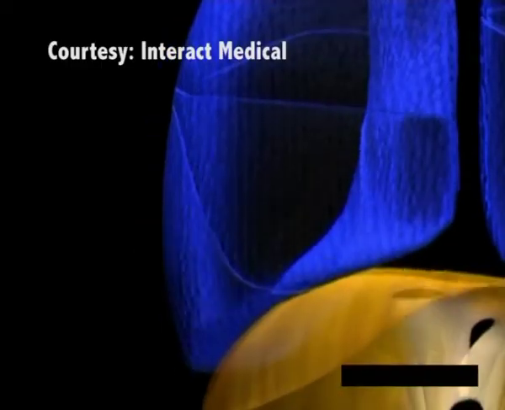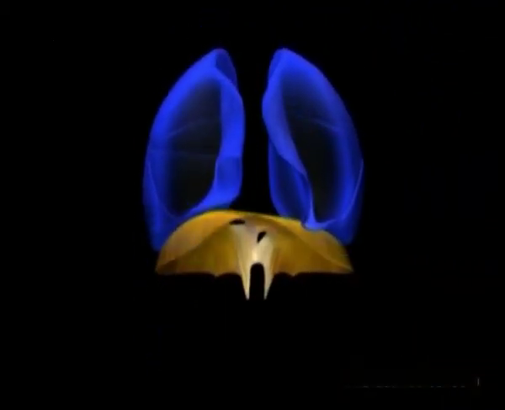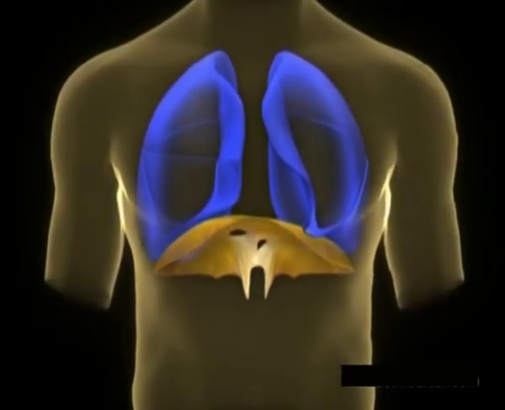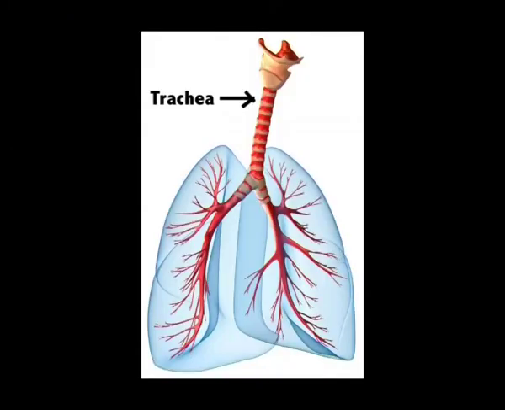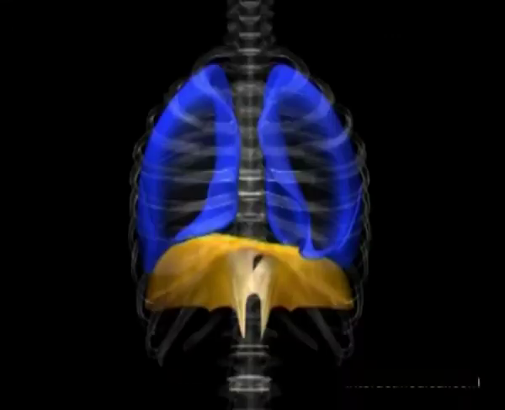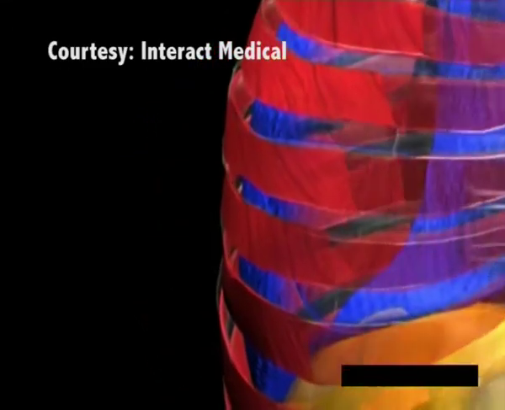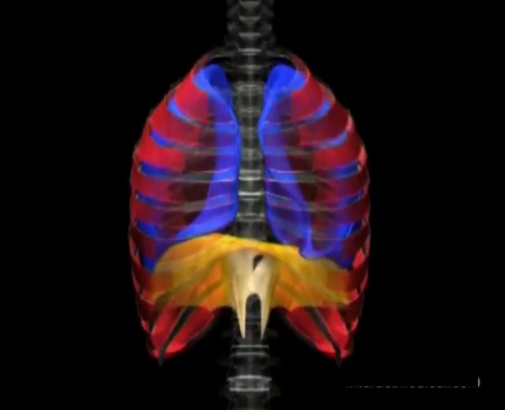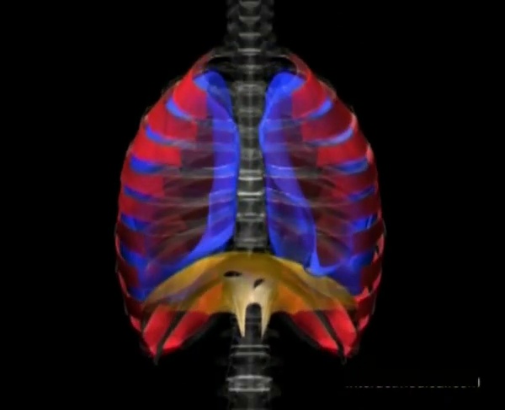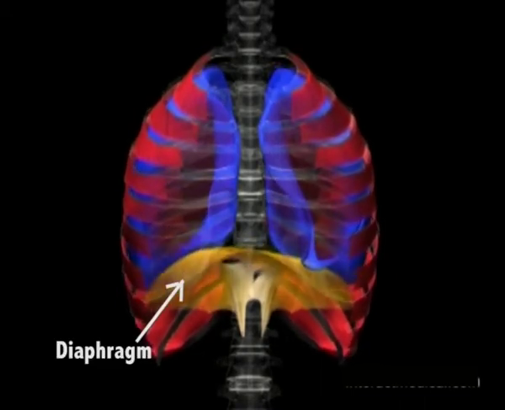Our lungs are large bags which continuously expand and contract to inhale or exhale air, which is required for our sustenance. They are connected to the outside world via a pipe which is called the trachea. We also call it the windpipe. The lungs are surrounded by a lot of muscles which help them to contract and expand. Like horizontally, the lungs are surrounded by rib cage muscles, and at the bottom of the lungs there is a special muscle called the diaphragm.